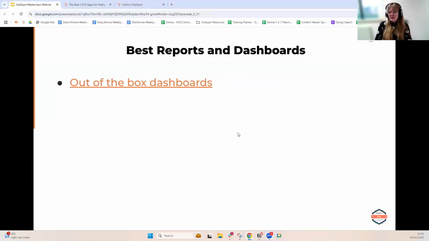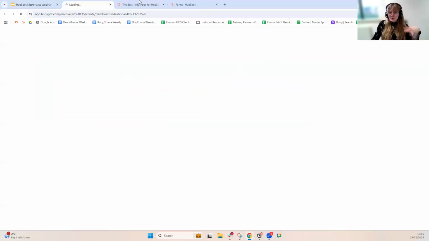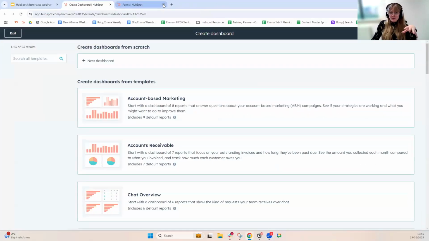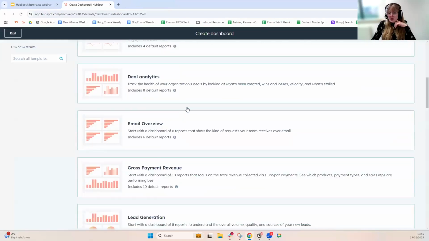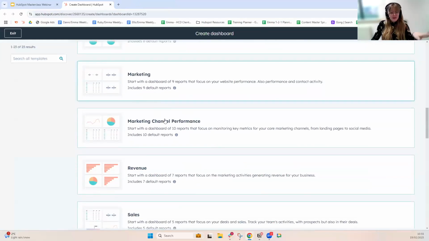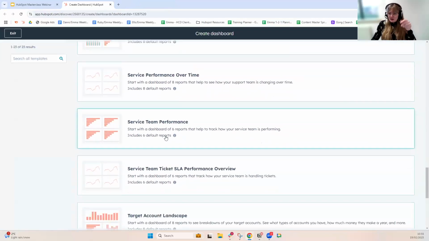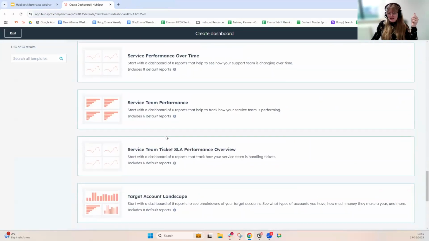I want to go through some of the reporting and dashboards that are available on HubSpot. On Starter, you do get access to a lot of out-of-the-box dashboards, ready built and ready made for you. You can see here a list of some of these, and there are tons and tons of different ones that each have 8 or 9 reports already on that are going to help you to see your